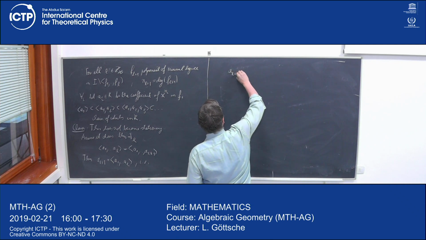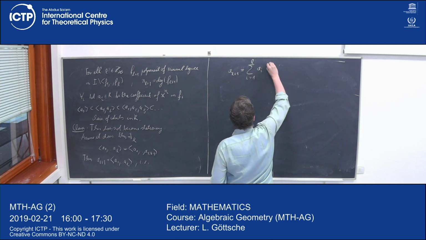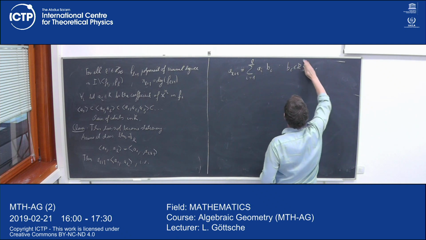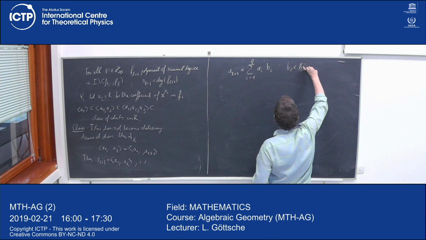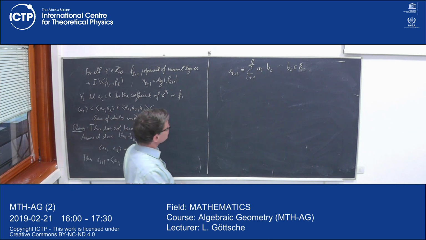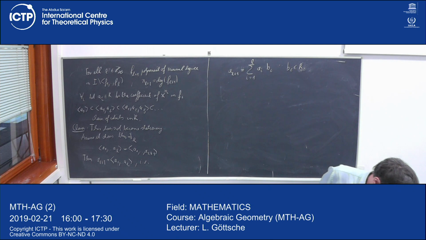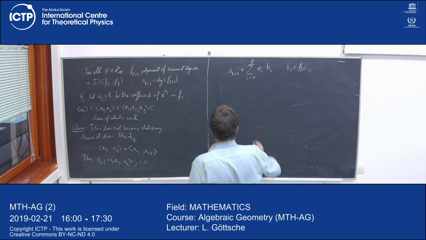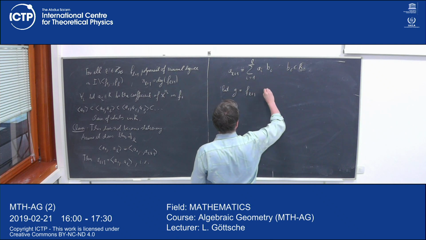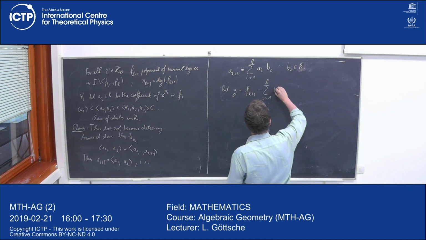We can write a(l+1) equal to the sum, i equals 1 to l, of a_i b_i, where the b_i are some elements of R. Now I claim this cannot happen. So let's write down an element. Let's put G equal to F(l+1) minus the sum, i equals 1 to l, of b_i